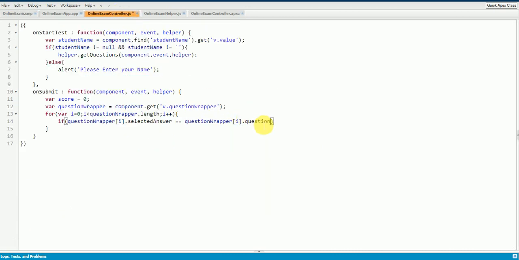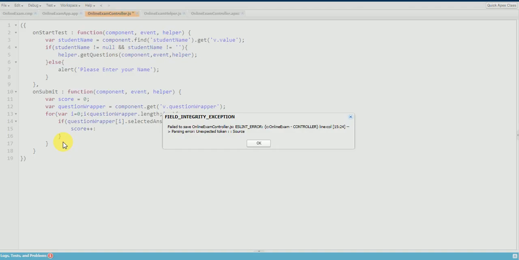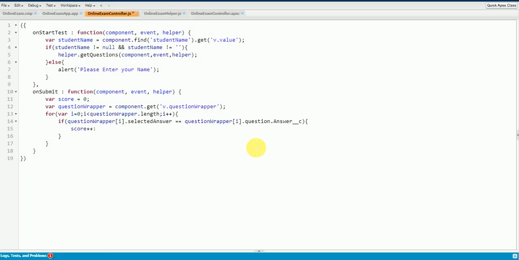Question is nothing but the whole record, and answer is the field API name. If this condition is satisfied, I'm going to increment the score value by 1, score plus plus. I think there is one error here. Okay, it should be a semicolon.